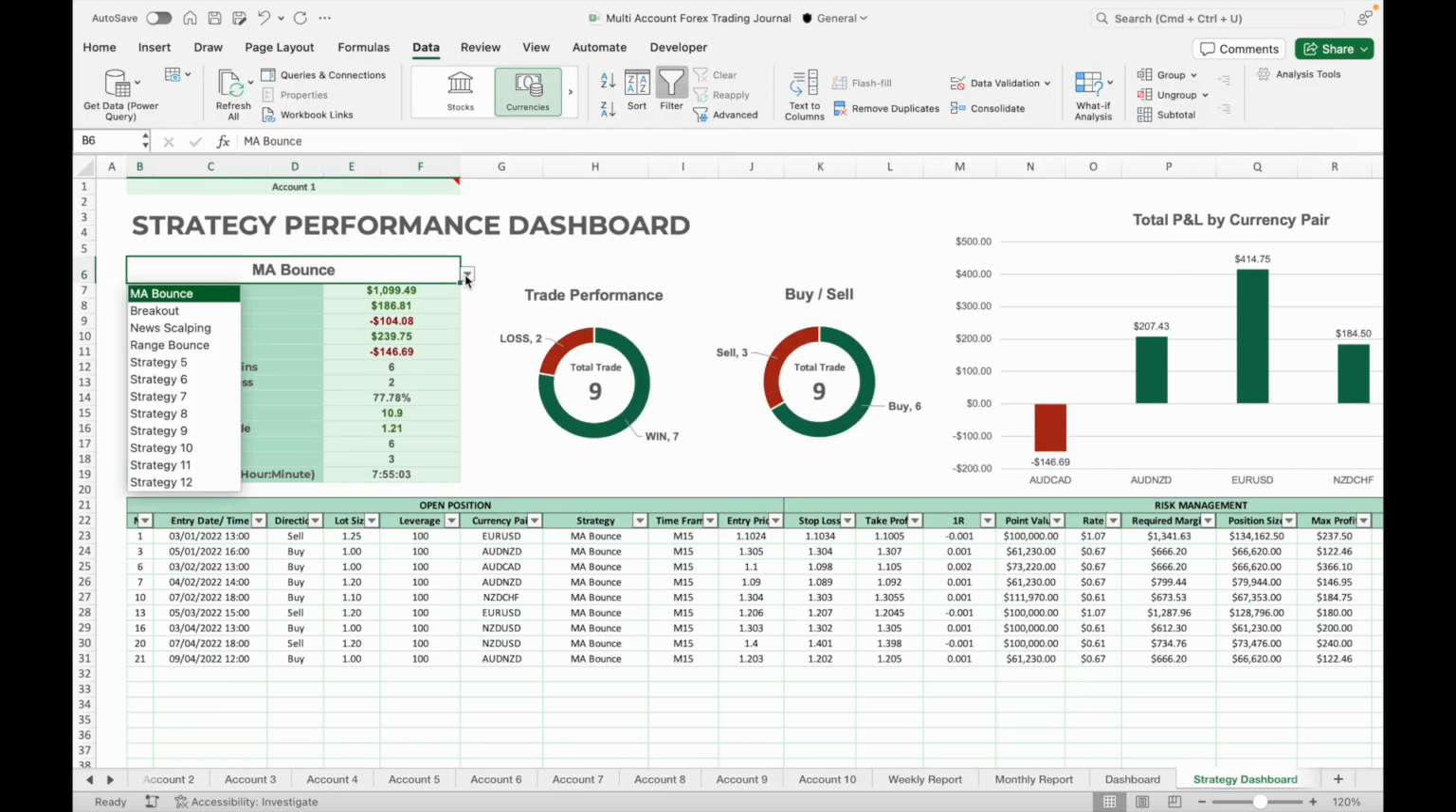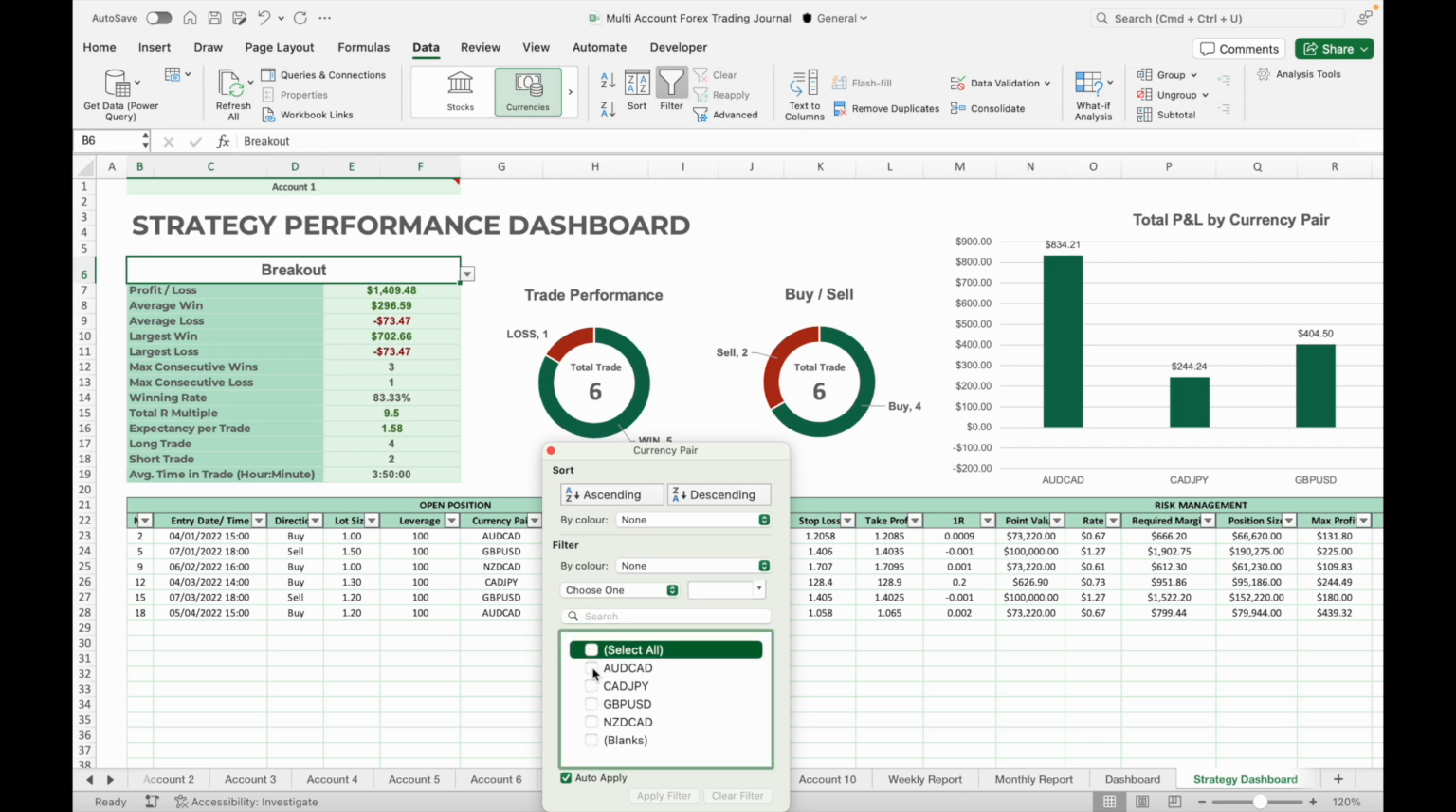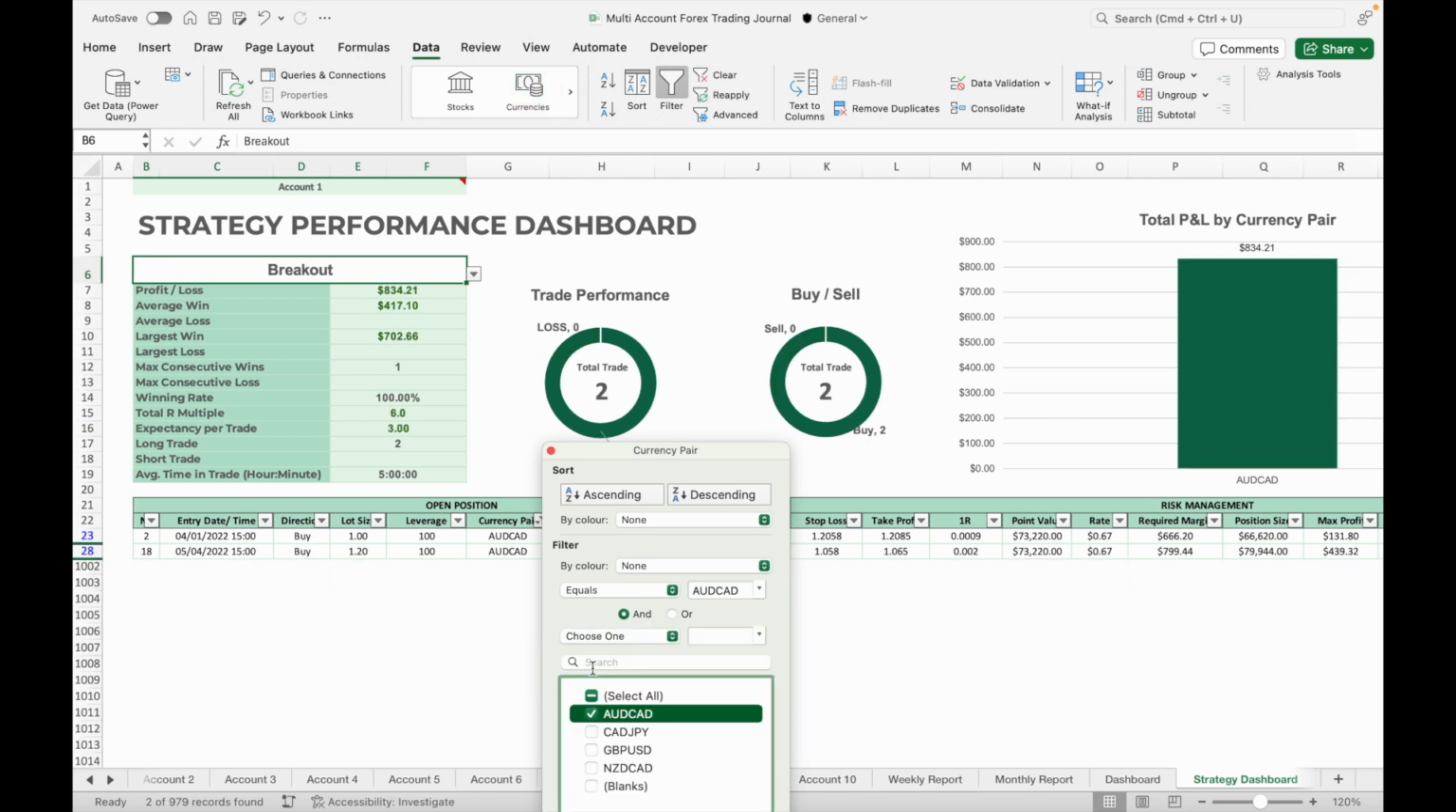Then select the strategy from the drop-down menu and it will list all the trades taken using the strategy. It will also show a summary and statistics such as profit and loss, win rate, and average return per trade. The charts on the right will show the P&L of each currency pair when trading using the selected strategy. You can filter by currency pair to find the win rate for a particular currency pair when using the strategy by clicking on the funnel sign and select the currency pair you want to analyze,